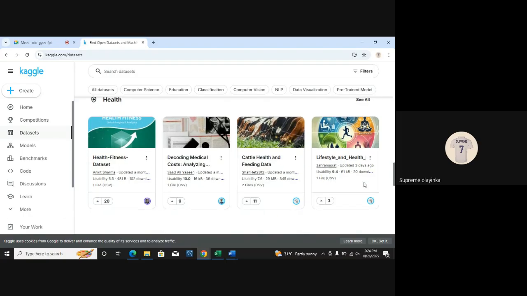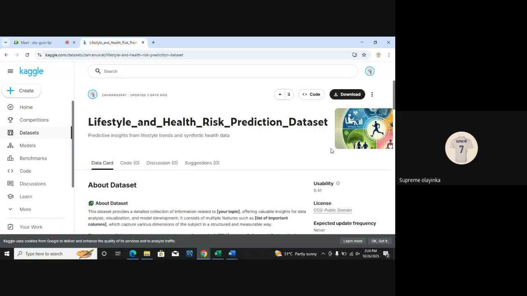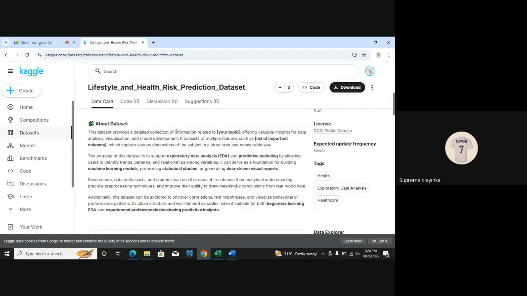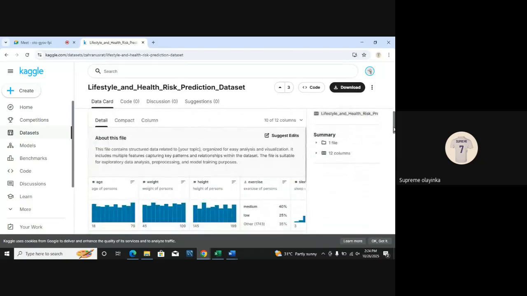Okay, we have health here. Let's look at this. Now let's look at these data sets. These data sets provide a detailed collection of information related to your topic, offering insights for data analysis, visualization, and model development. The purpose of this data set is to support EDA, which is what we are trying to do, and predictive modeling, for building machine learning models and performing statistical study. Oh, okay, great.